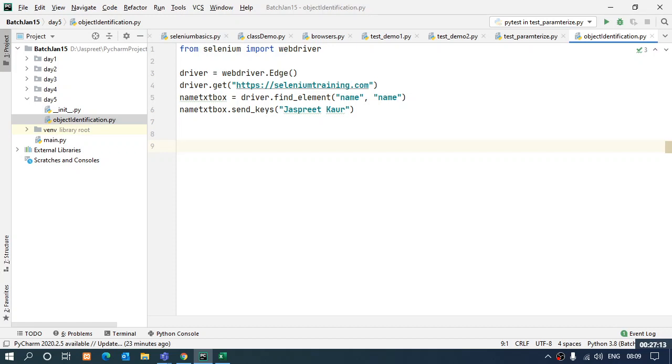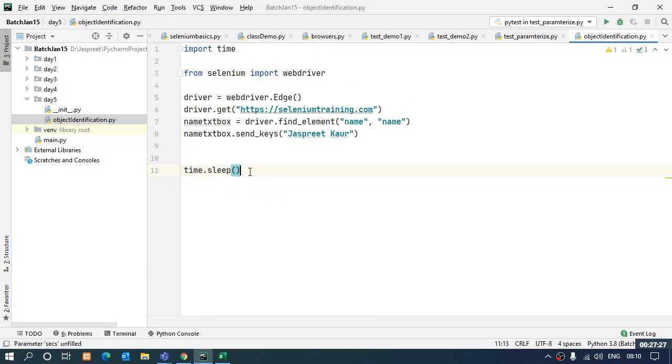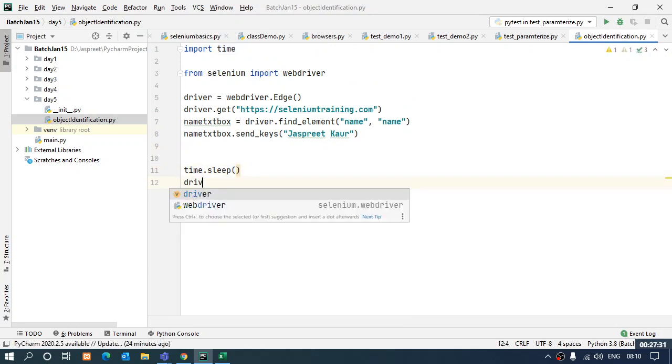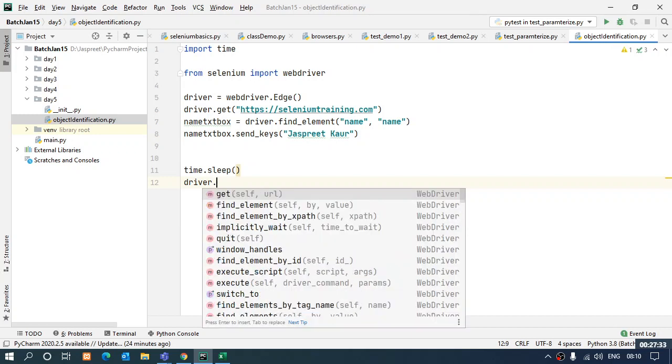So what I do is I put some sleep time to see the final output, that you can do using the time.sleep. Time is a package and sleep is one of the functions, time.sleep, and at the end using the selenium command driver.quit.